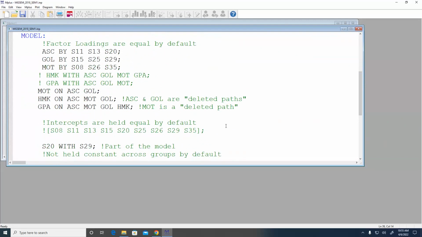So iterations: by default, Mplus runs 1,000 iterations. That's usually sufficient. Sometimes I find myself putting in statements about upping the number of iterations. I used to do that all the time just to be on the safe side, but generally speaking, it doesn't really matter. You'll know if you need more iterations, because you will get a message from Mplus that says no convergence, number of iterations exceeded. That'll be a surefire sign that you need to up the number of iterations.